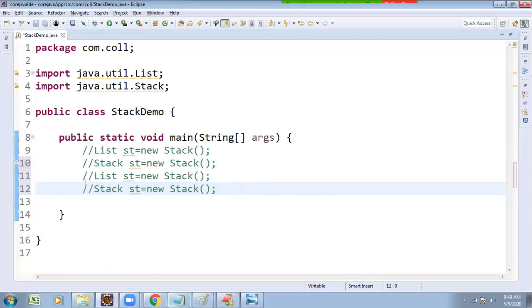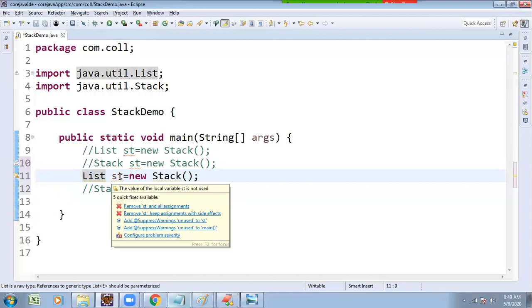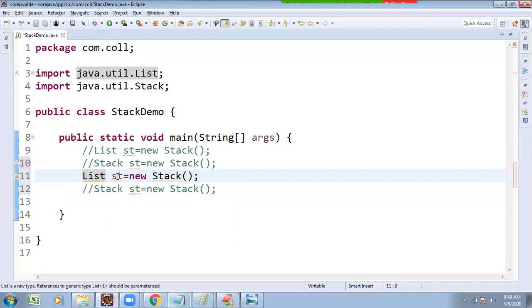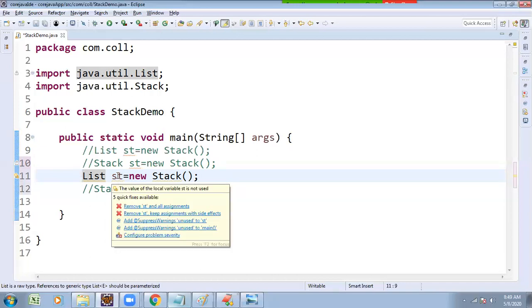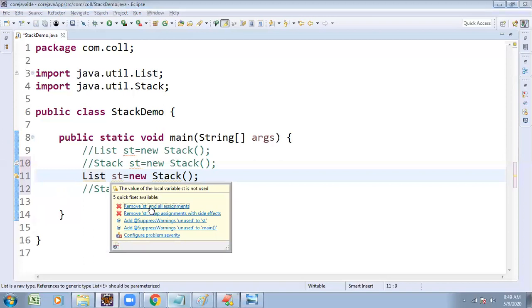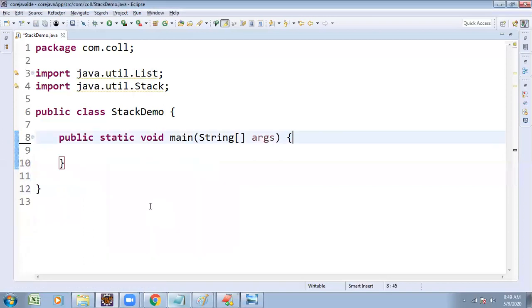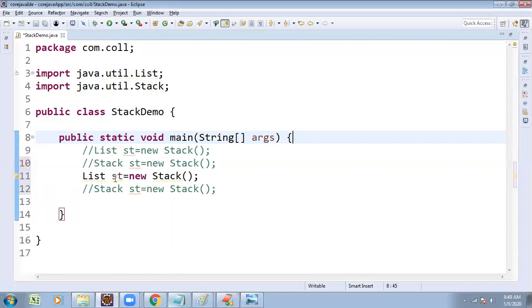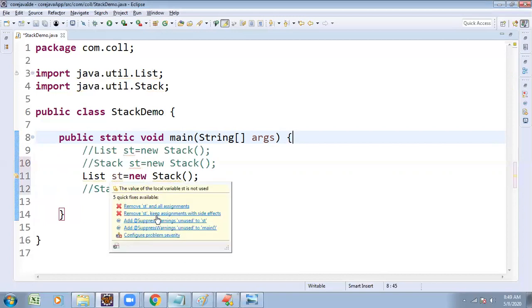List st is equals to new List. Here, we are getting the warning. Keep that warning, fix that warning, add arguments to st. Observe, remove the warnings.